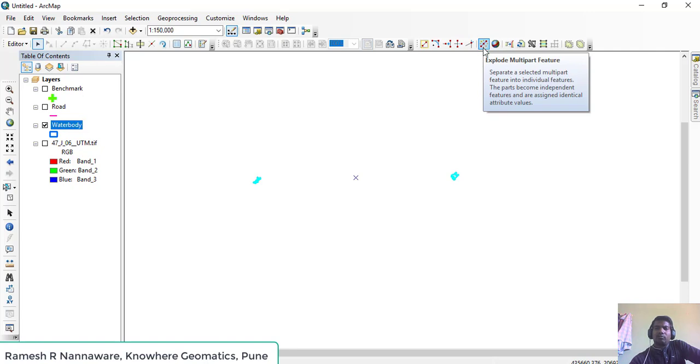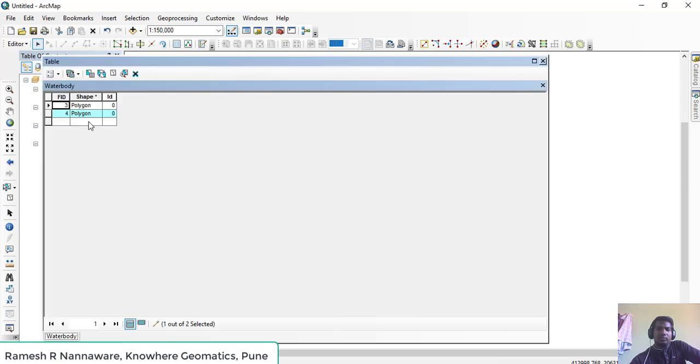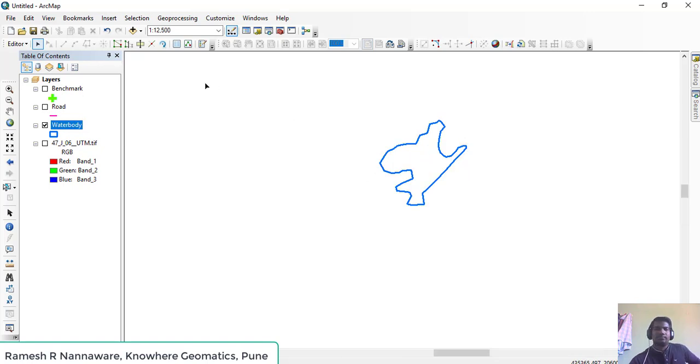It is called the Explode Multipart feature. After clicking on this, immediately we can see both of the polygons have been separated, and we can also see that through the attribute table. So this way we can separate the distant polygons.